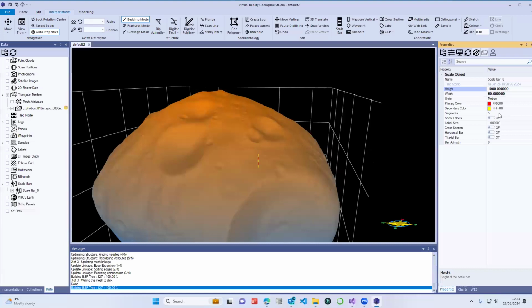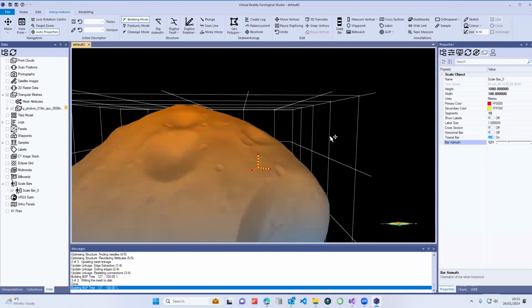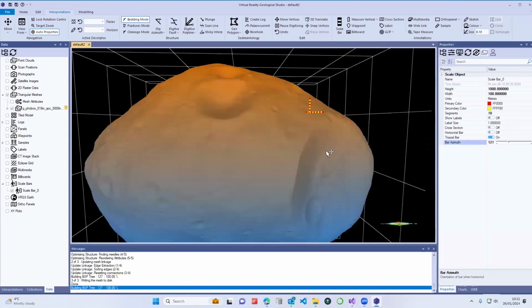Because 1 kilometer should have 10 segments, we can make it even wider. We can say we want it to be a certain orientation of the bar. And now we have scale in there, and that's starting to give us